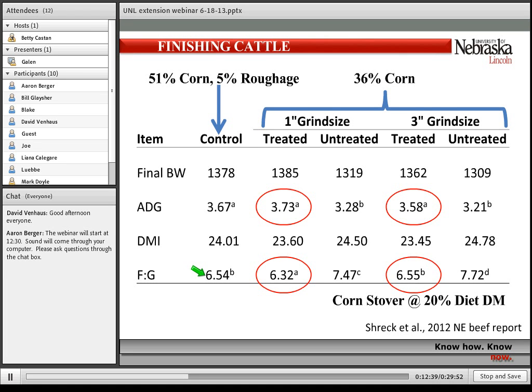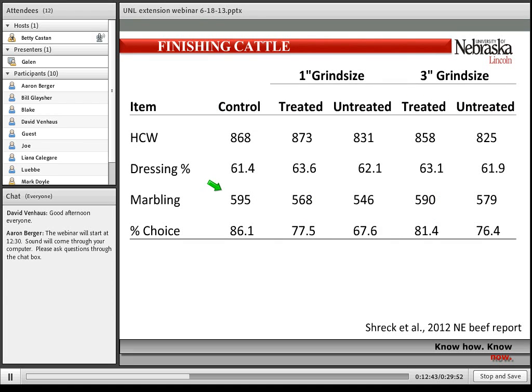Carcass data, same idea, that reflects the gains that you saw, where the hot carcass weights were similar for the 2 treated diets compared to the control. They drop off when you have it fed at 20% of the diet and untreated. Dressing percent, I wanted to point out here, is impacted many times by how much rough feed you feed, and